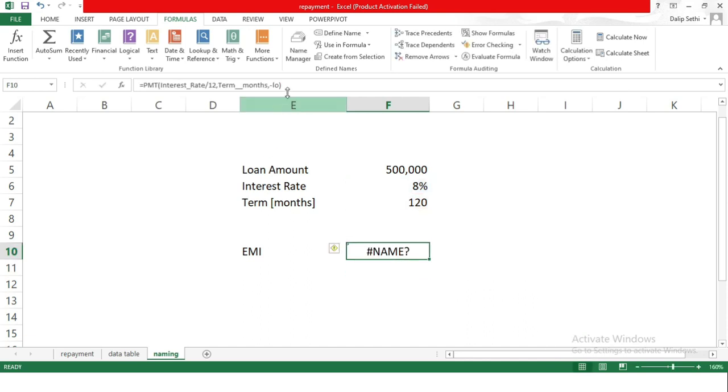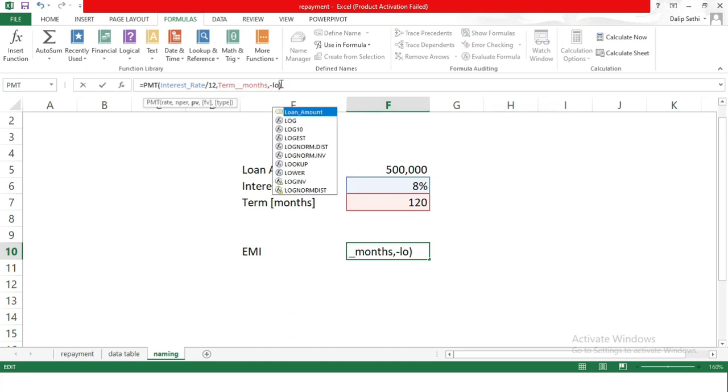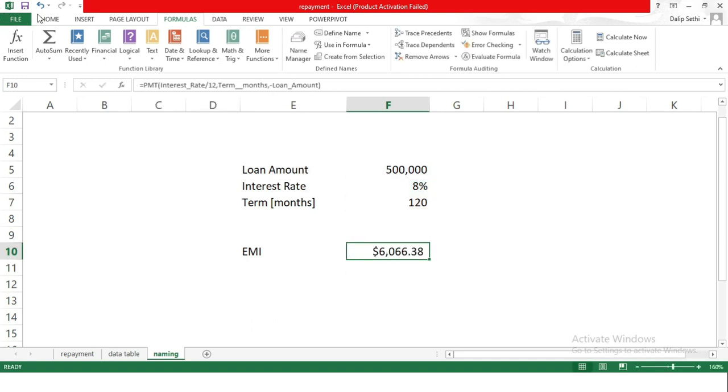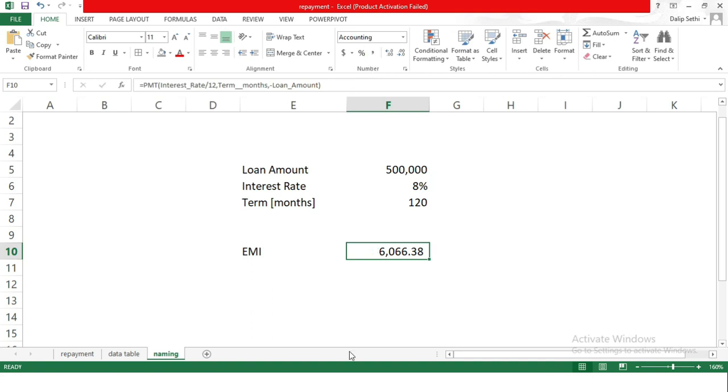This was not complete, so we just need to fix this. Minus loan, we have to hit tab to get the complete this. So as you can see, we got our value, and it does not have a cell reference, rather it has